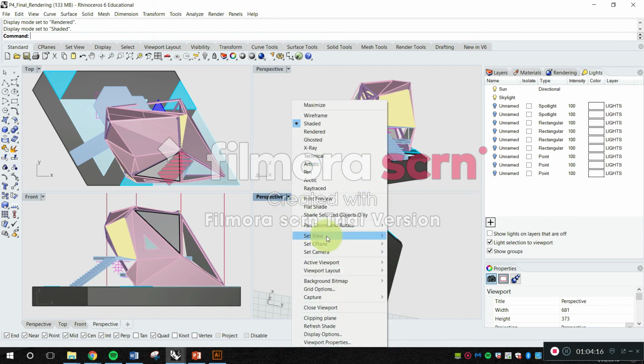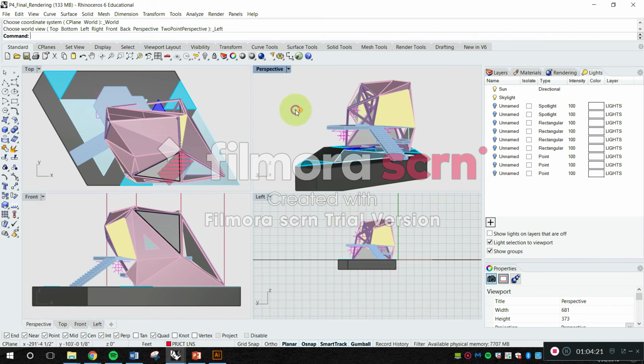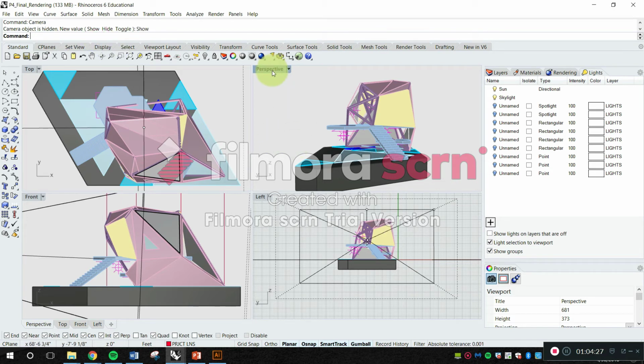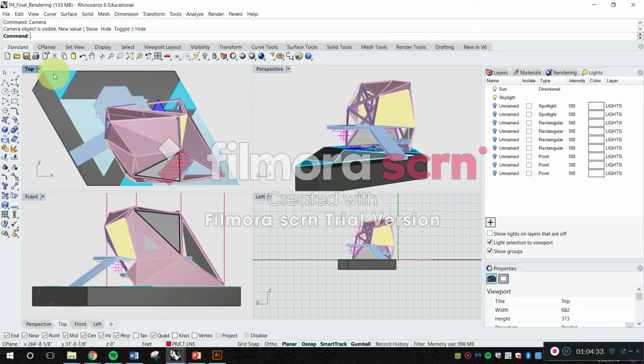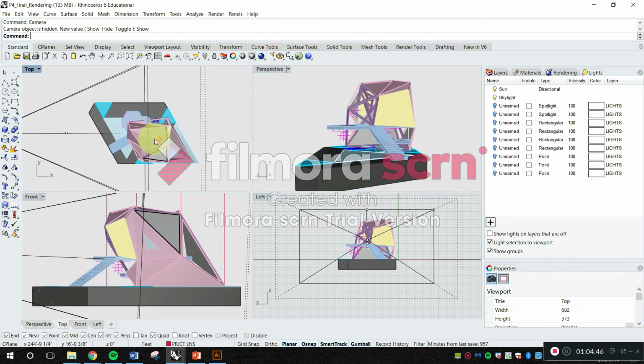And let me get set view, that's my front, let's do my left, this here. So if you type camera, and you click on show, make sure that you're actually under perspective. Let me repeat that, let me hide it one more time. Make sure that you're actually under your perspective view, that's highlighted like that. And then you type camera, and then you click on show, it brings these cones out,